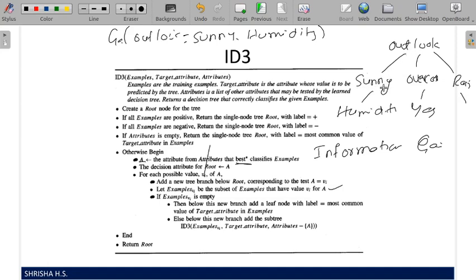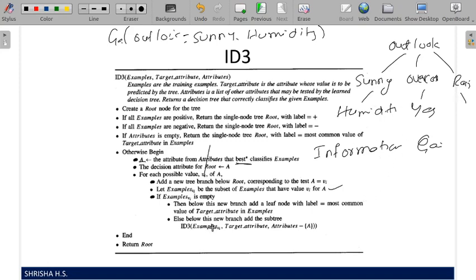So calculate ID3 for humidity, considering only those instances in the table, and continue. Similarly for outlook equal to rain, consider only those instances and call ID3 again.